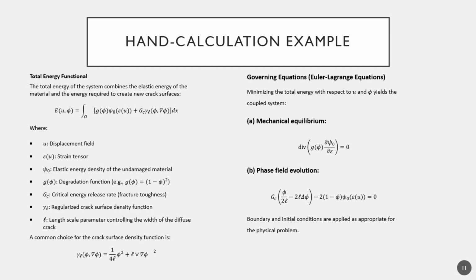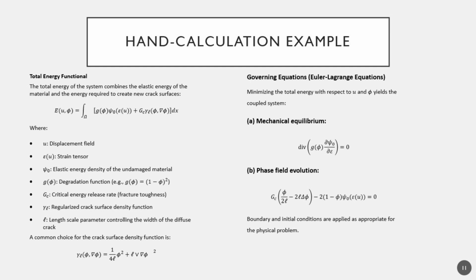If we want to solve this energy functional, we need to assume a functional form of the surface density function, which, as a very common choice, is what is given in equation 2. Now we can also use the Euler-Lagrange equations to define the mechanical equilibrium and also phase field evolution. So using these 4 equations, equation 1 to 4, we can solve for crack propagation